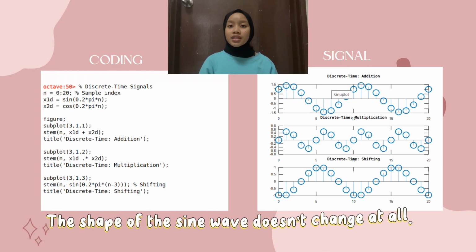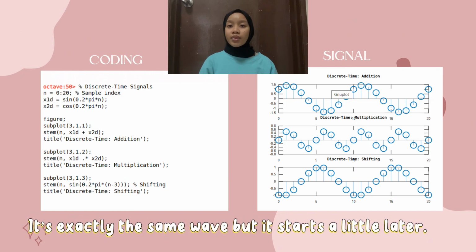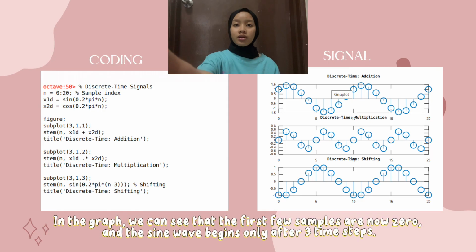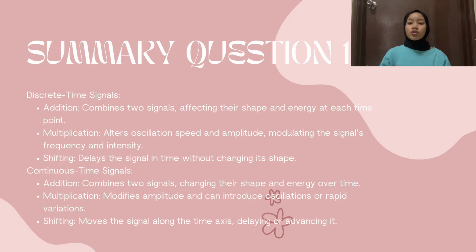The shape of the sine wave doesn't change at all. It's exactly the same wave, but it starts a little later. In the graph, we can see the first few samples are now 0, and the sine wave begins only after 3 time steps. So in summary, for continuous time signals, for addition